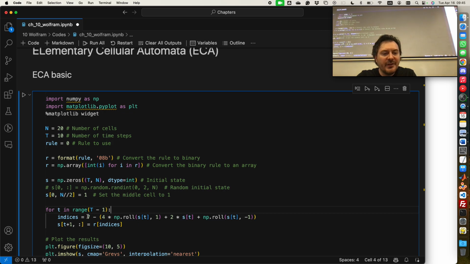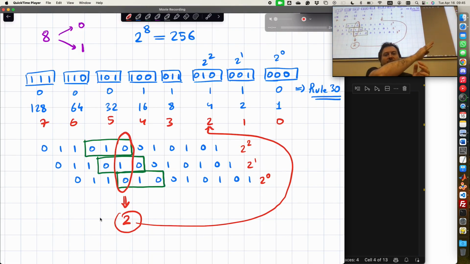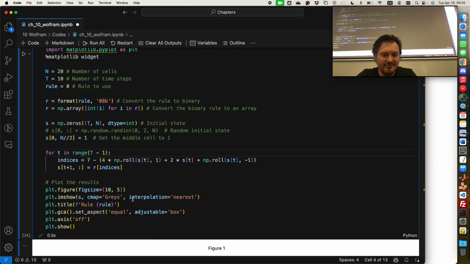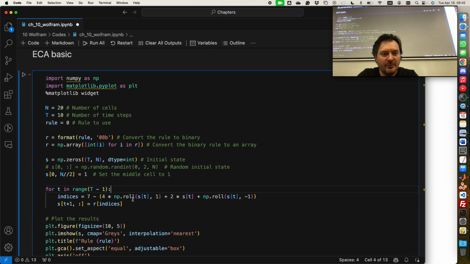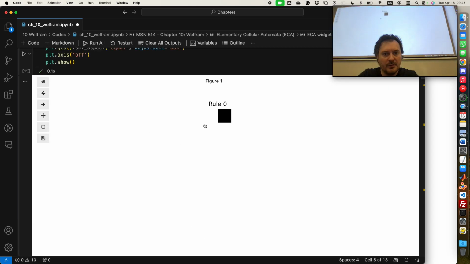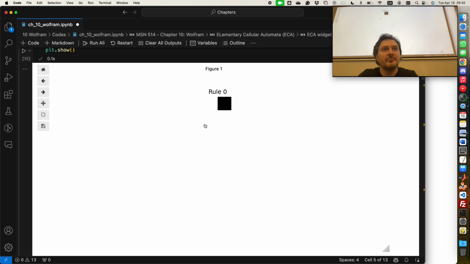Why do we have 7 minus that value, bits? Because it's not starting from 0, 0, 0. I mean, it's not going this way, but it's going this way. Never mind. You get it. Let's just run the code. We have the widget. We have everything. Let's run the code. Rule number 0. Do you agree that rule number 0 should be like this?